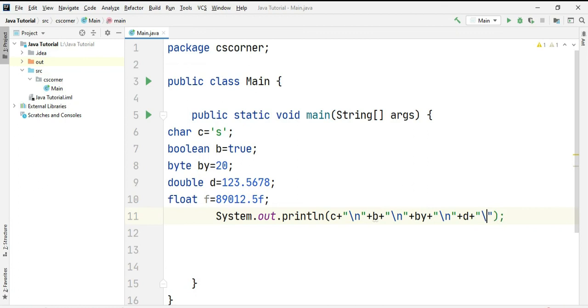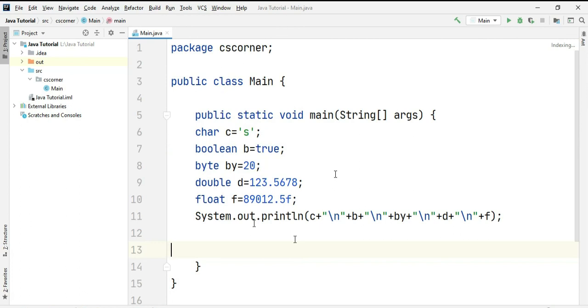So one more slash n I'm going to take, and my last variable is variable F. You can see it is showing me an error over here because I have not added the plus symbol, that is the concatenation operator. So you cannot have a string along with your variable. You should put the concatenation operator. So now my program is complete.